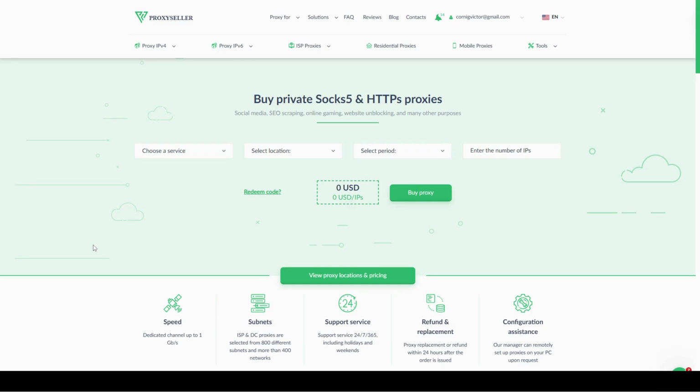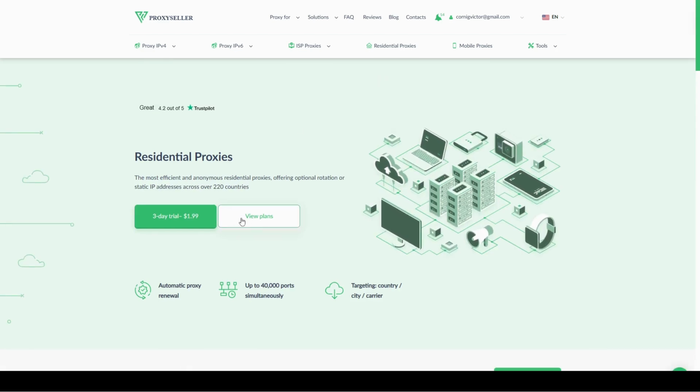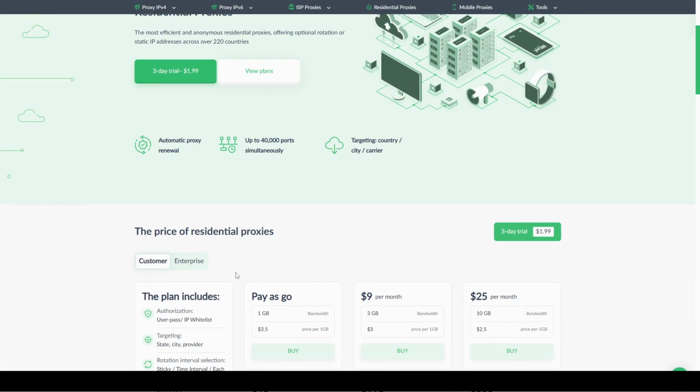Now, let me start with the most important proxy, this one, the residential. Then I'll proceed to these other ones, the IPv4, the IPv6, and the ISP proxy. But the most important one is the residential. Just click on residential proxy, and then you'll go and view plans, or you can just scroll down here, the